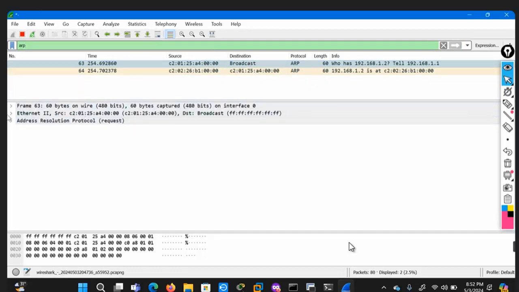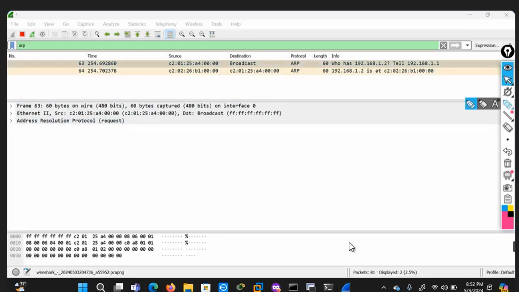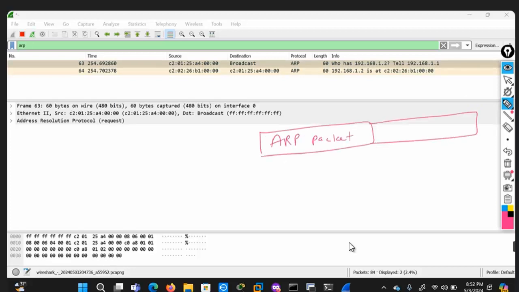So you can see here, frame, Ethernet, address resolution protocol. Over the Ethernet header, this is what the ARP packet is. So it is encapsulated in the Ethernet header and Ethernet trailer, right? It is an important point: there is no IP packet.